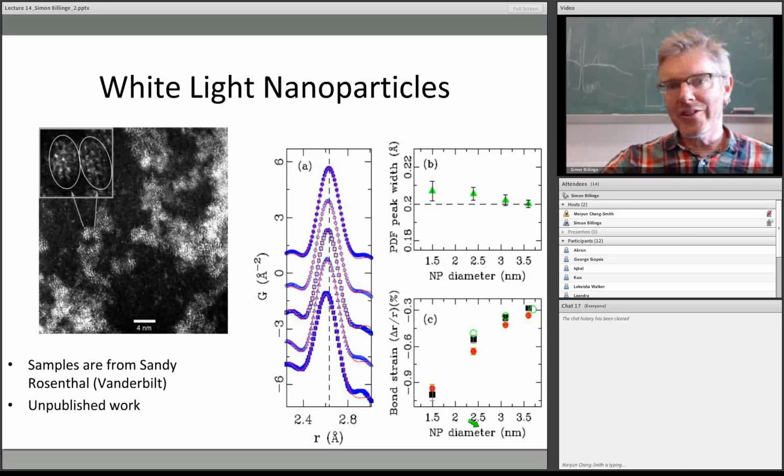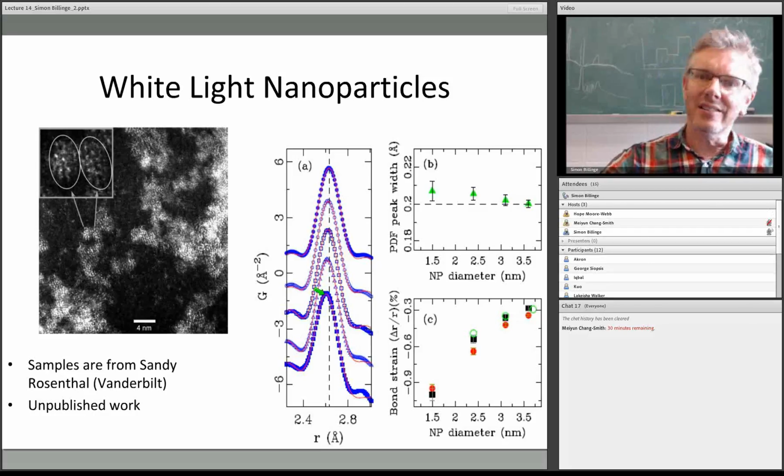We can also measure strain in these. You might want to know whether there's any kind of strain in the material, whether the bonds are shorter or not. So what we can do is look at the nearest neighbor peak, which is the cadmium selenide peak. And what you see is as the nanoparticles get smaller, this peak shifts to the left. In other words, the cadmium-selenium bond is getting shorter as the size of the nanoparticles gets smaller. And we can express that as a bond strain, which is the change in length over the length. And you see it goes down to almost a 1% strain,